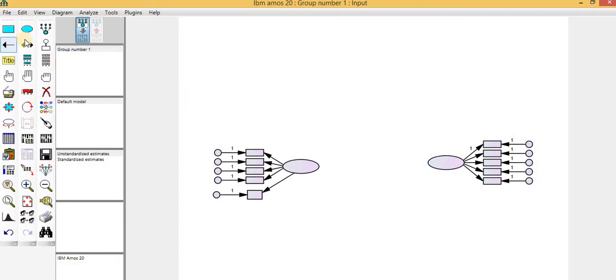Deselect all, and then you need to click the relationship button and create a relationship among the variables. This is a way you can create the variable. This is a variable, these are the items, and these are the error terms. And if you don't need any variable or item here, click on this cross button, and it is removed. Click on it, it is removed. Click on it, it is removed. Then again you can draw these things here. So this is the way you can play with it.